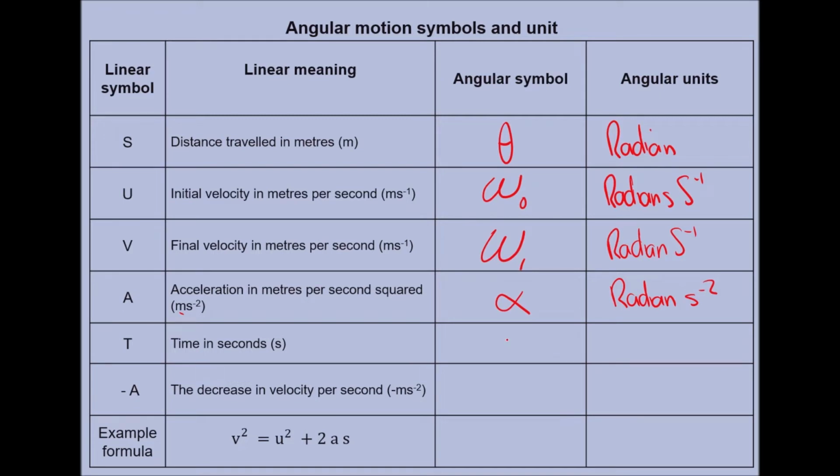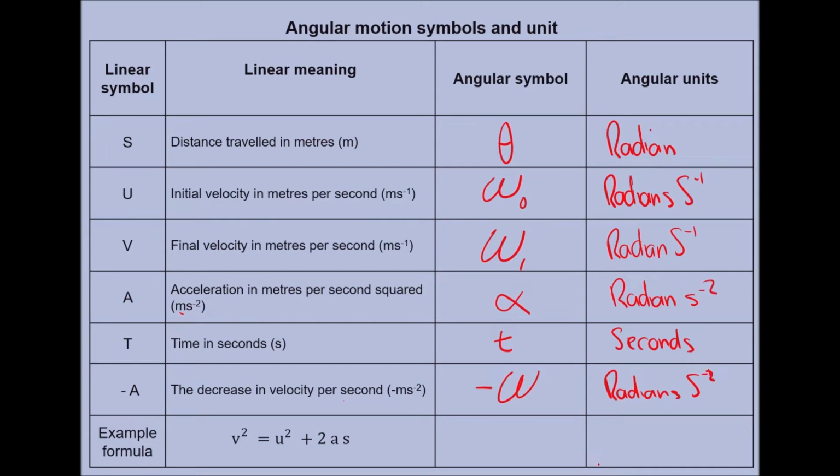Last but not least, we've got the t, which is representing time, and the same units as we use for angular and linear. There's the seconds, and then for a minus acceleration or deceleration, minus omega, and that would be radians per